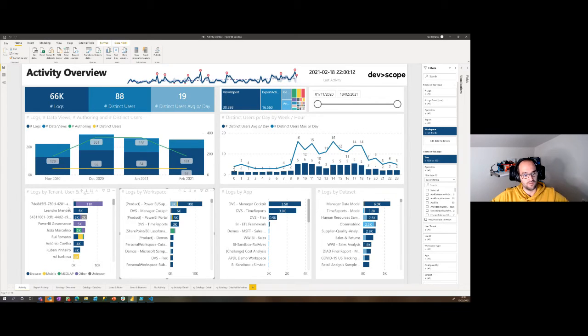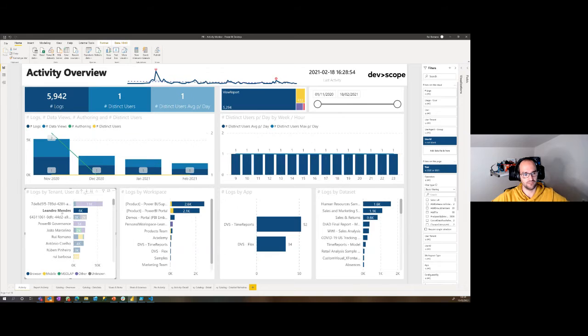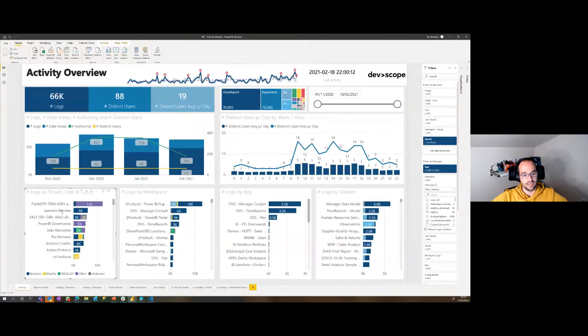So, for example, if I'm the BI admin in this company, I would say that Leandro is a user that I should give more attention, because he's using this every day. So if I want to upgrade Power BI, if I want to deploy a new feature, if I want to activate a new preview feature, I should probably speak to Leandro, because he will be impacted by this. Okay. And if I want to deploy a new version of a Power BI application or a Power BI dataset,